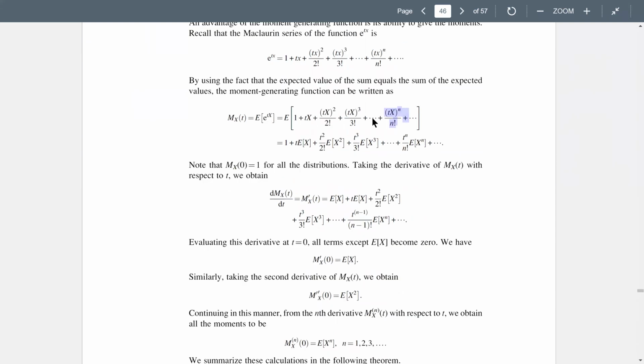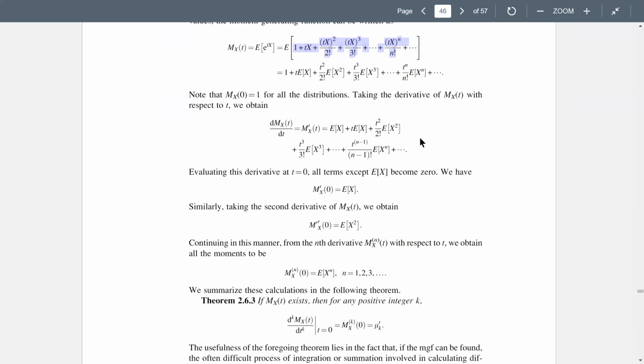And then we learn that the expected value of 1 is 1, expected value of tx, so the expected value of this thing equals the expected value of each individual item. And so if you take the differentiation with respect to t of every single item, you will get this thing